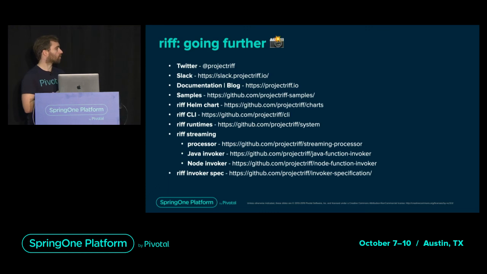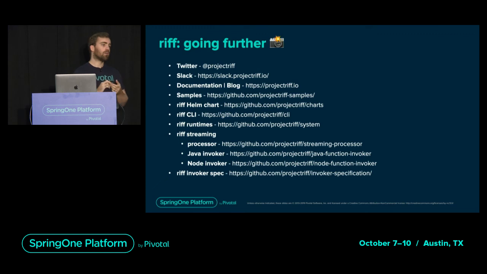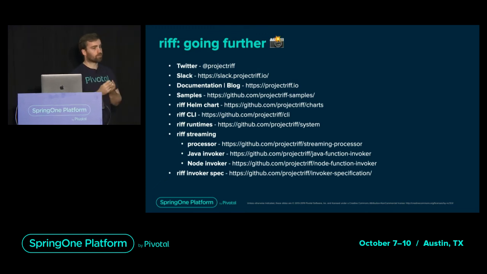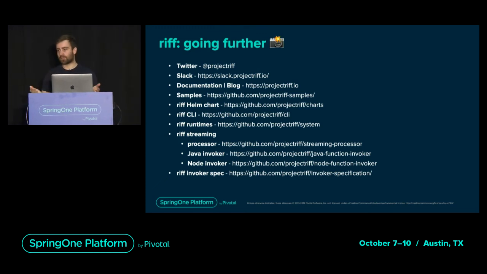And of course, there is an ongoing effort to formally specify the invoker part. Right now there is a protocol that we have implemented for Java and Node. We are barely getting started with a Python invoker, and if there is any language you would like to see support for, a good start is to read the spec. It's still a work in progress, but it's interesting to at least get a good understanding of what the stream protocol is. And again, if you want to contribute, you're more than welcome to do so.